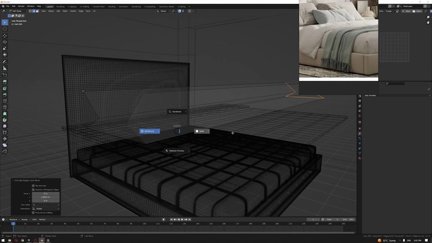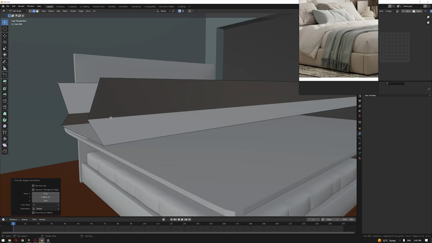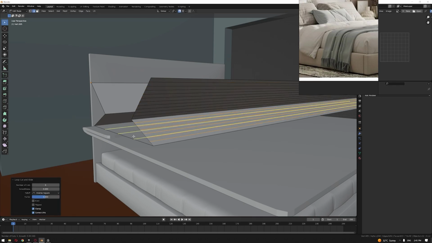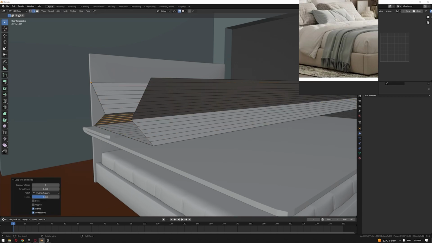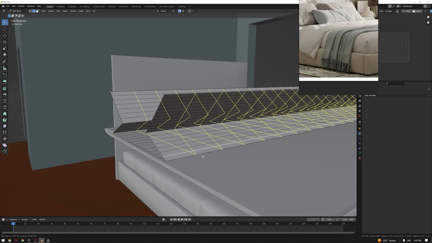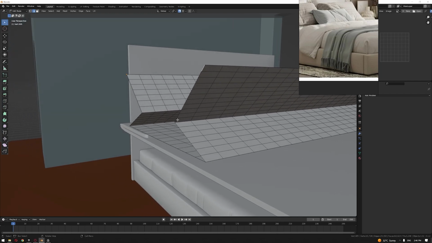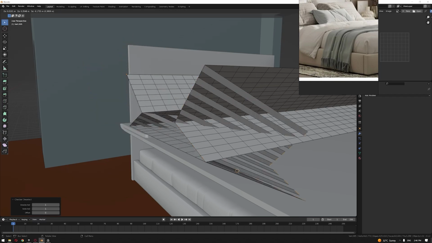Okay. Now the trick here is that this one has some extra shape on top of that, so I'm going to subdivide. And same thing here. Now if we want to create these single shapes at the end of the blanket, we can basically select the whole edge by pressing Alt and left click, and then go to Select, Checker Deselect, and based on the edge you can change your offset if it's on the other side, if you want to keep the last edge unselected. At this moment we can extrude it,